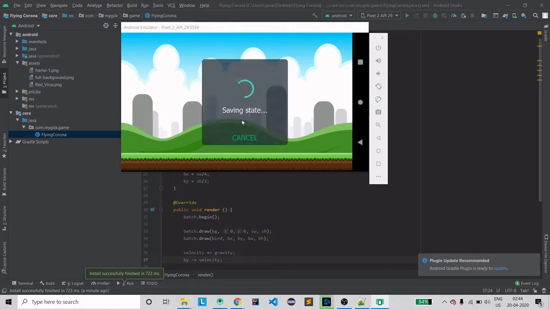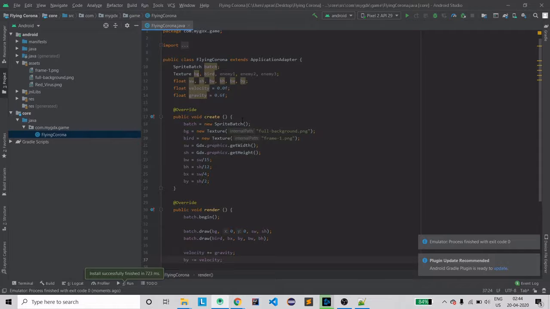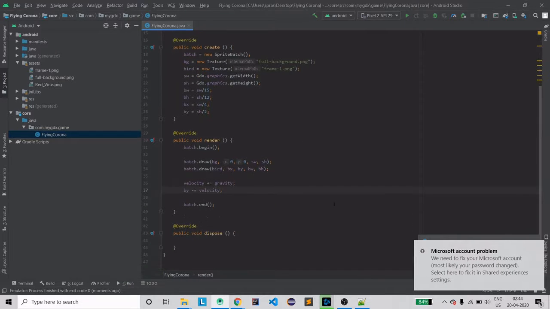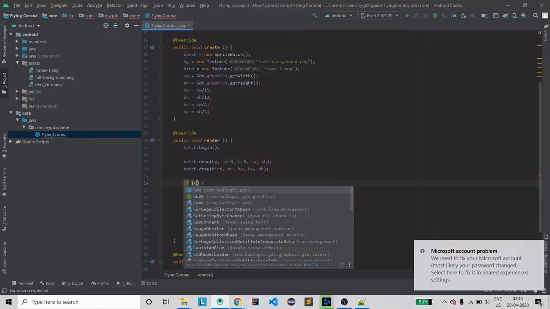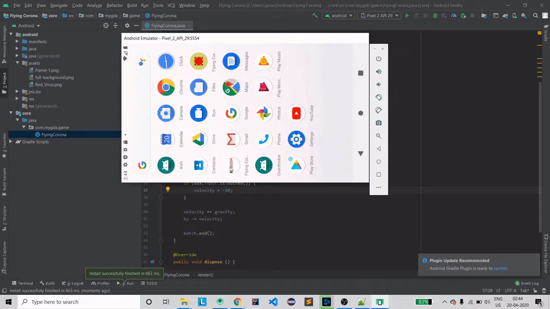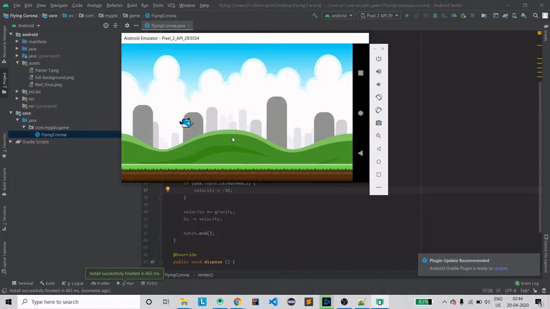Now we need to make it jump on each click or tap, you can say. So let's make the bird jump. First of all we need to see if someone is touching. So Gdx.input.isTouched. In that case, reduce the velocity by 10. So let's check this out. Okay, so it's jumping,